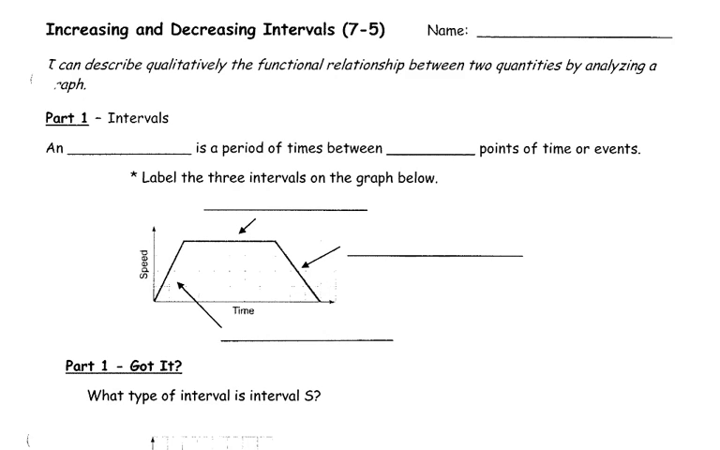In this lesson, we're going to talk about when graphs are increasing, when they are decreasing, and when they are constant. So, in part 1 here, we have a definition of intervals. An interval is a period of time. So there's a typo there, a period of time between 2 points of time or events. So in this graph we have the relationship between time and speed, and if we look